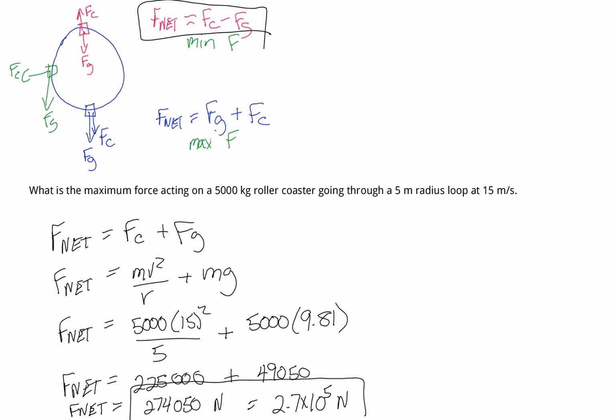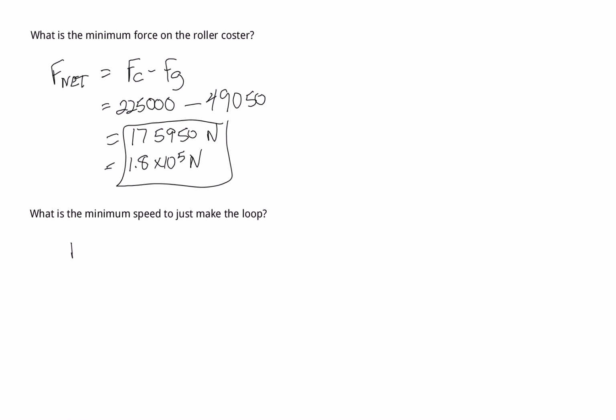In this case, our roller coaster was going at 15 meters per second, so obviously it made the loop because our centripetal force was really big. For situations where you want to figure out the minimum speed where you could just make the loop, we do a similar question, except we're going to have it so that our net force is 0. That means our FC would equal FG, right? Because if our net force is 0, at the top we'd have FC minus FG, and if that's equal to 0,